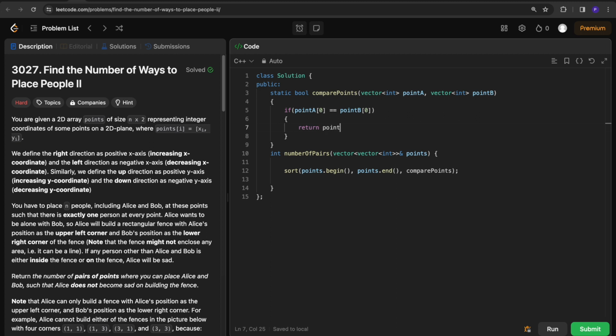So then we will return point A of 1, that is y coordinate of A, is greater than